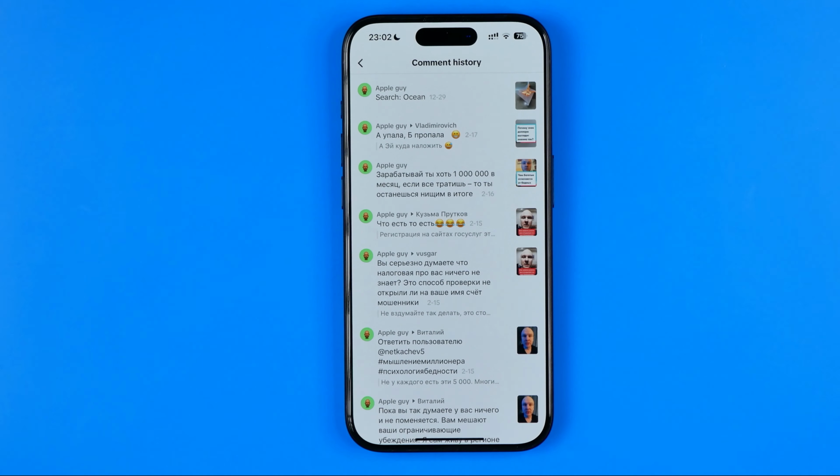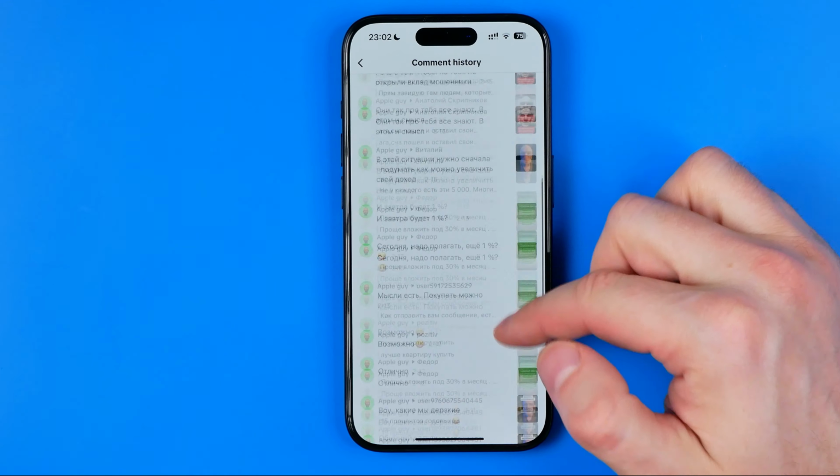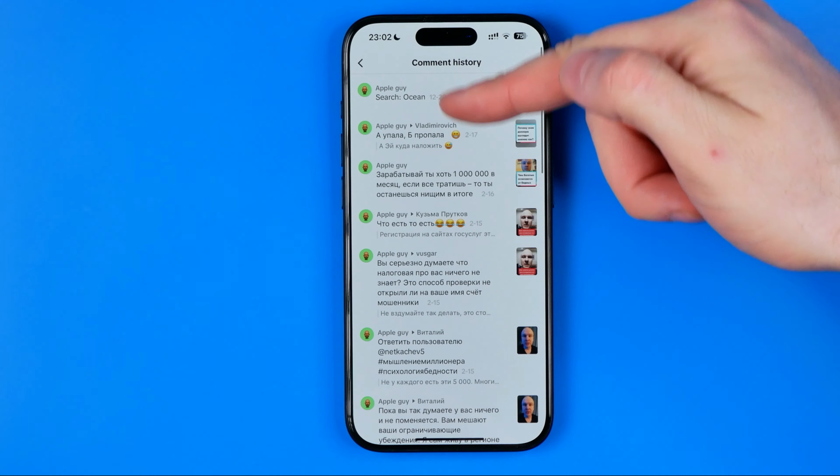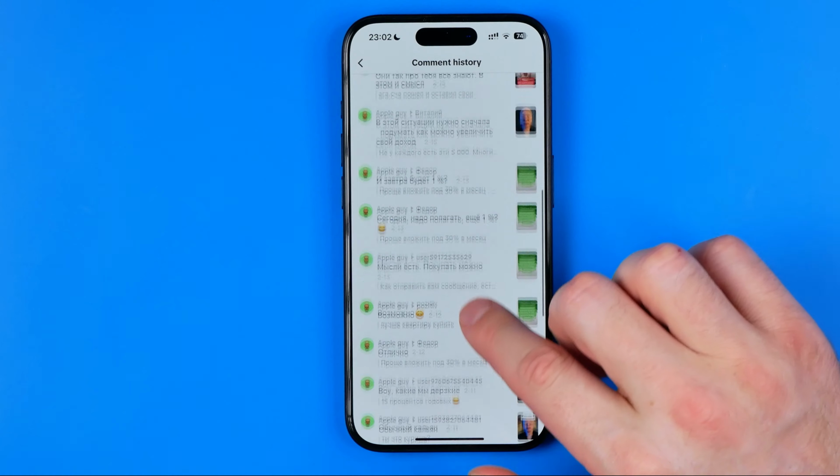What that will do is show us all the comments we ever made on TikTok. We can scroll down, it is sorted from the most recent to the oldest, and then if you would like to,